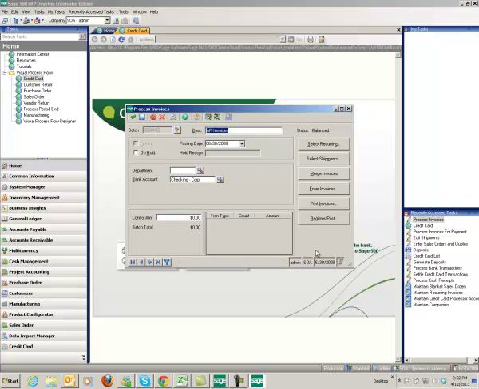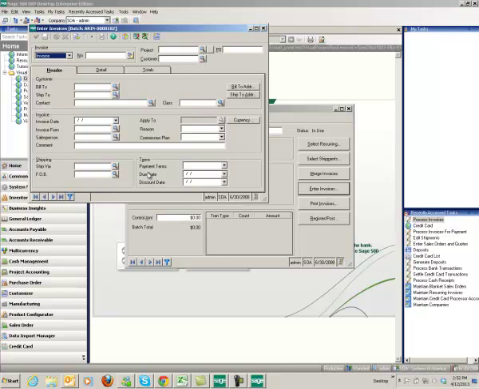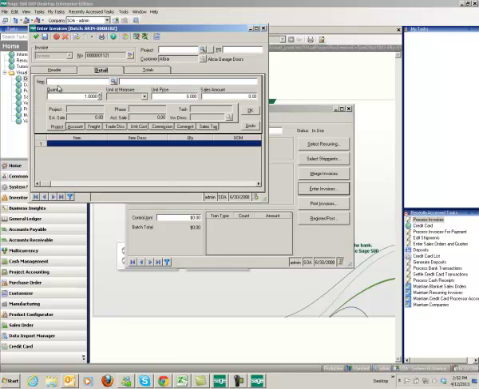And then we could either select recurring invoices if we wanted to generate an invoice from a recurring invoice, or we could go into Enter Invoices to enter an invoice. For today's demonstration purposes, we're going to go into Enter Invoice and enter a new invoice. We'll click on the next number button, put in our customer, put in our item,